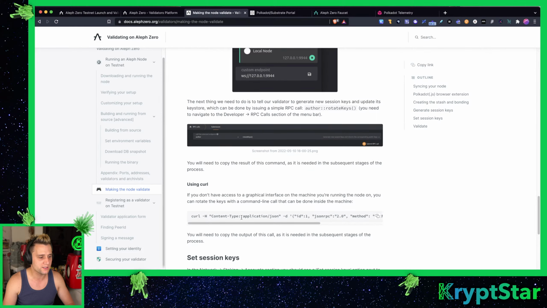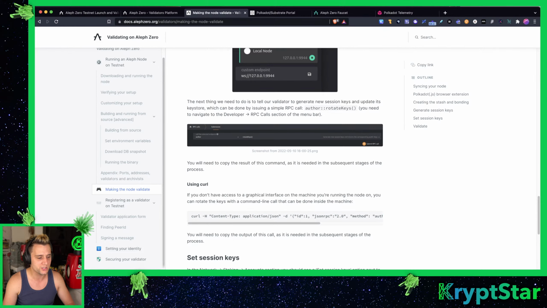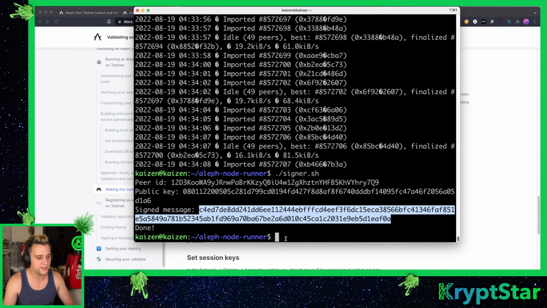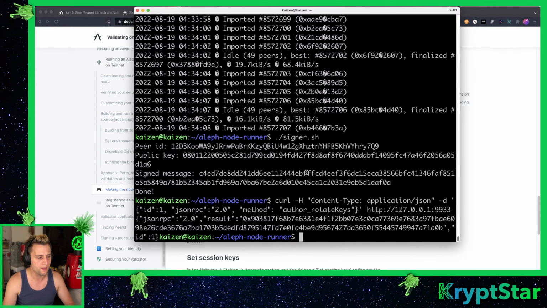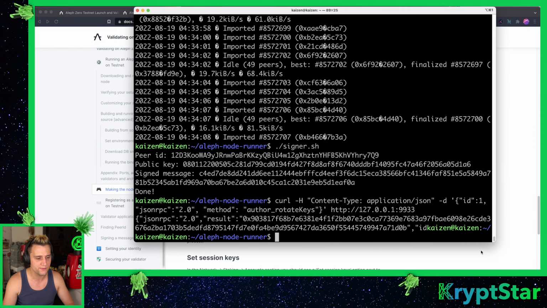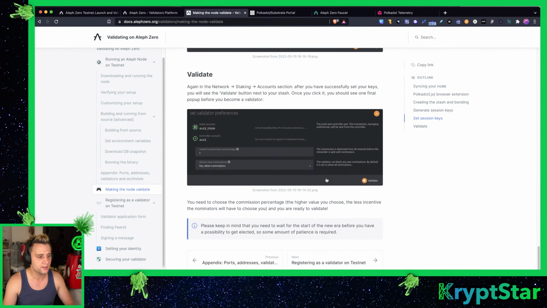So what I want to do is just go ahead and use curl, and this will get me the stuff you need for that. This will get you the session keys. So just go to iTerm, press paste here, and this gets you the session ID and stuff you need. Go ahead and register the node on